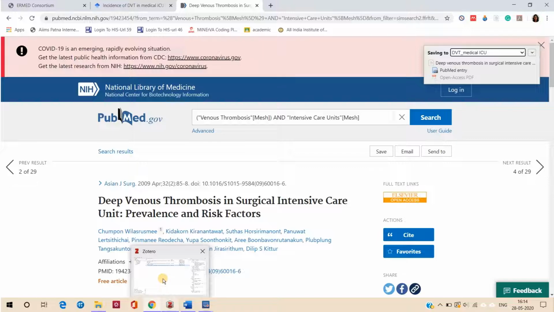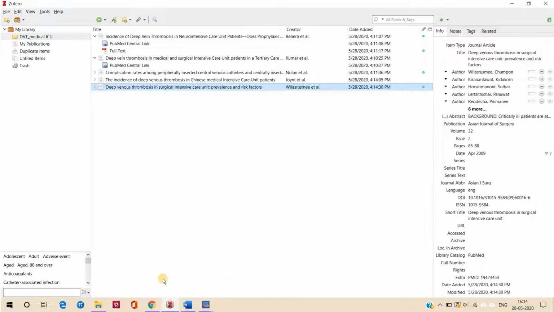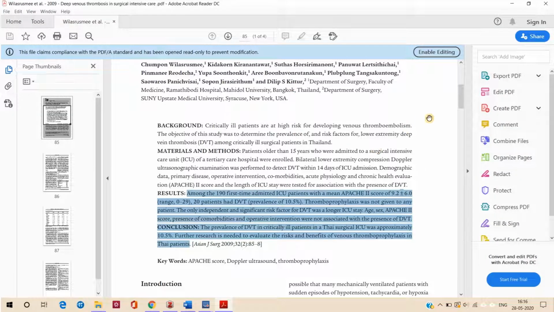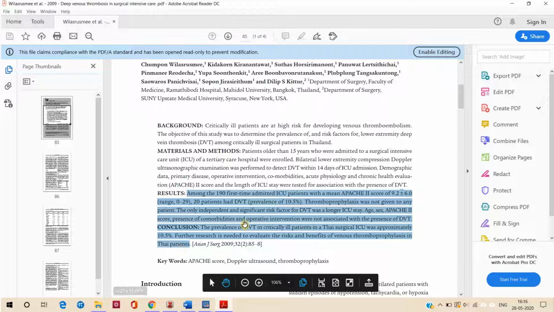So if any free full text is not available either from Google Scholar or PubMed, you can search and save that article from your institutional library. So now you can see a folder where 4 articles are saved, and now you have to take the citation of a section of article which you want to cite in your work. So I have opened this Zotero folder, clicked on this article which I want to use. I've gone through this article several times and I have decided that I will use the result and conclusion of this article in my citation.